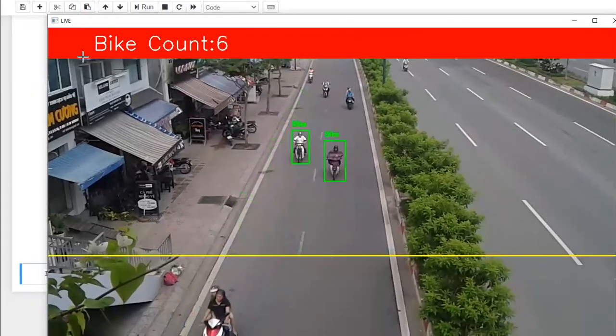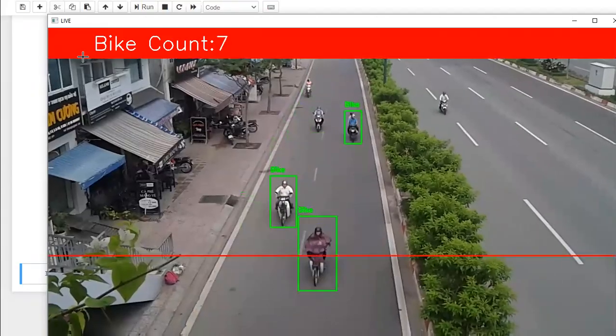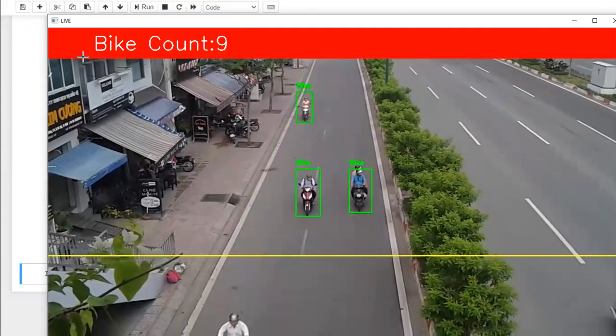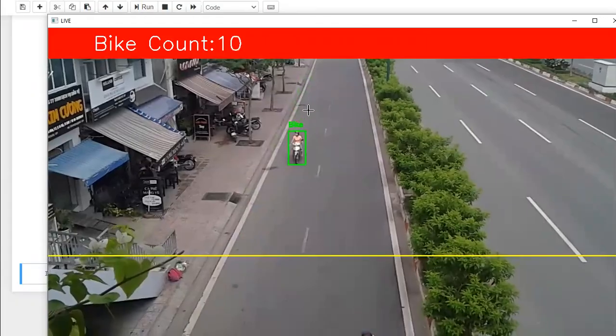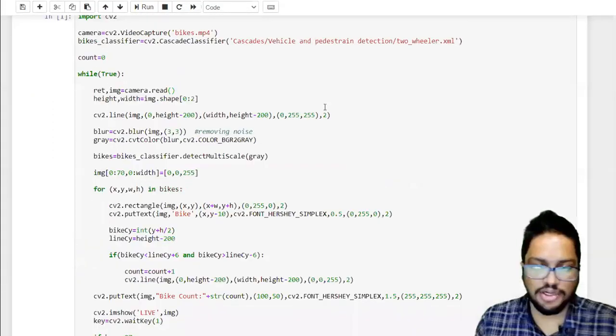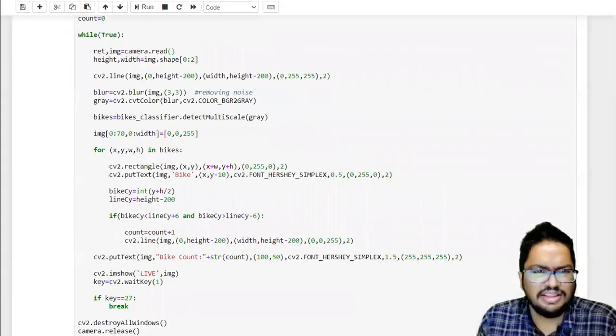Right? So the purpose is to implement this kind of a thing. Okay, so let's see how we are going to do it. So similarly, I think the full